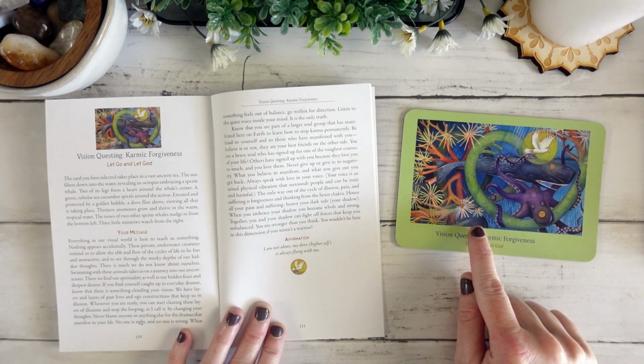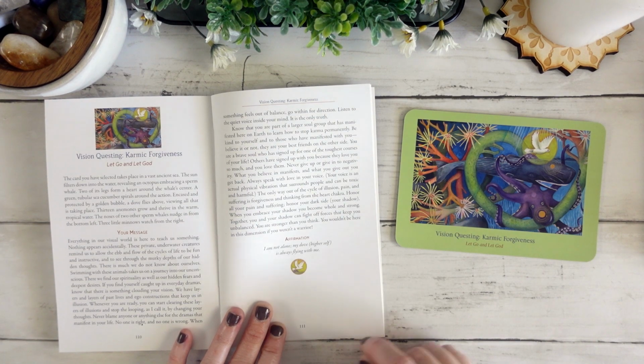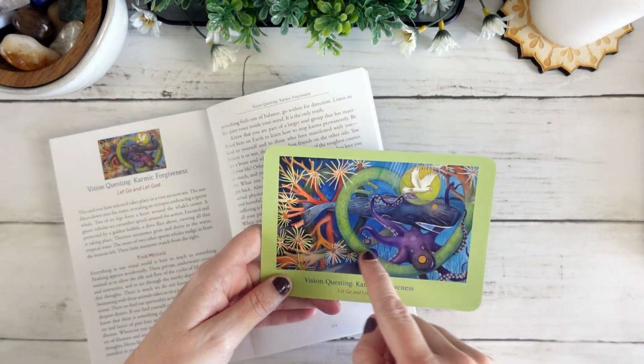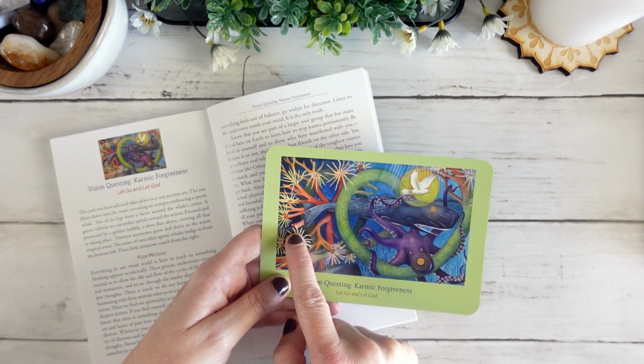I see one. There's one there. Okay, I think there's one back here. 3 little minnows watch from the right. So it does tell us what's going on in the card, which I do quite like. So we have our octopus, our sperm whale, our dove, our 13 anemones, our 2 additional sperm whales nudging down